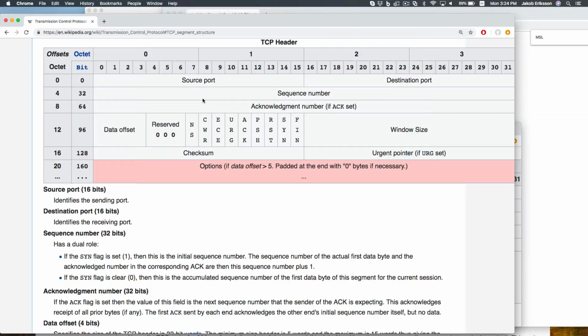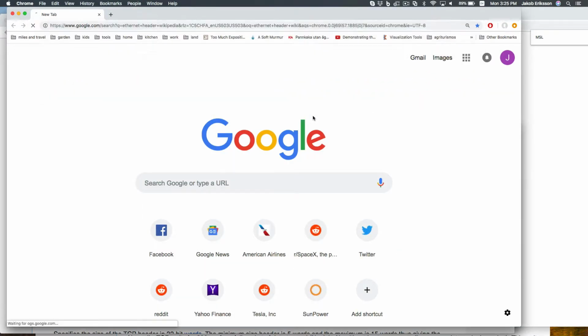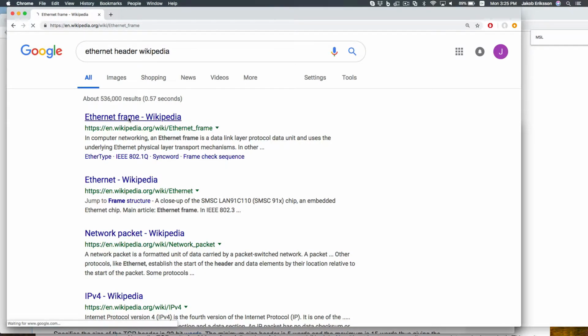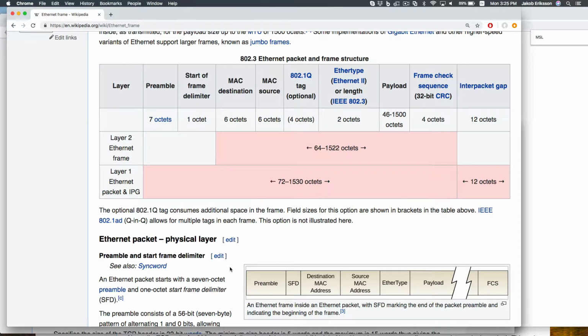And then comes the TCP part that says which application is it coming from, which application is it going to, essentially, or maybe which socket, file descriptor, and something about the ordering of all these packets. And then, of course, an Ethernet frame. It's the most common MAC layer, link layer. So in addition to our 20 bytes of TCP, 20 bytes of IP, we also have